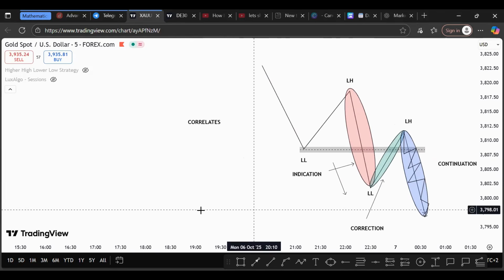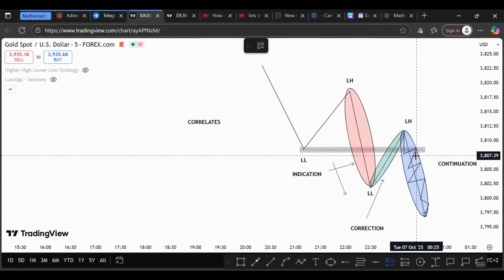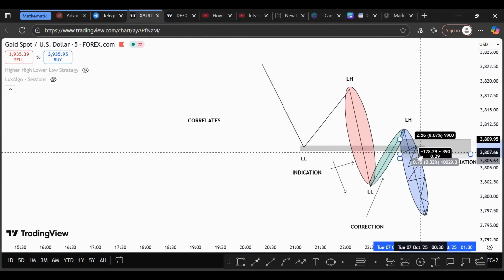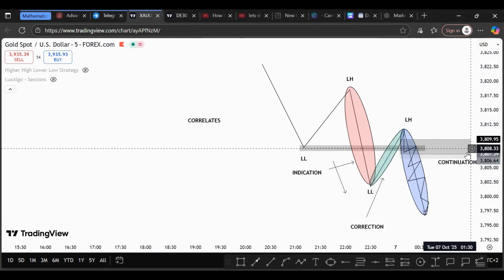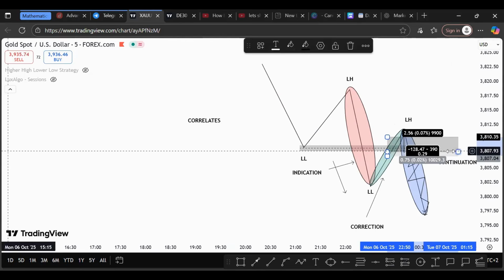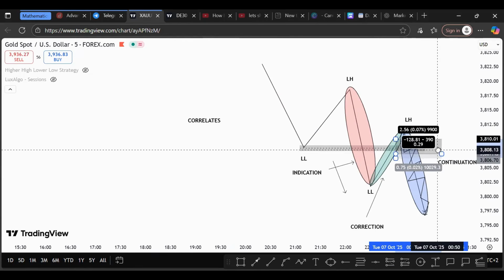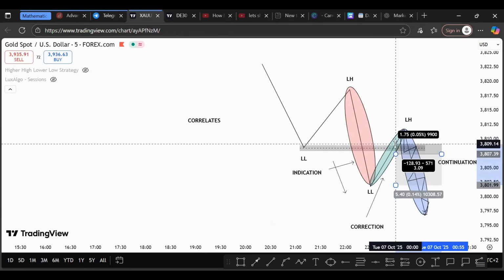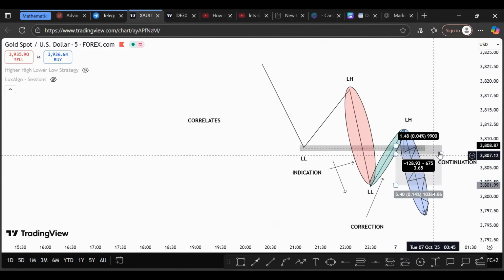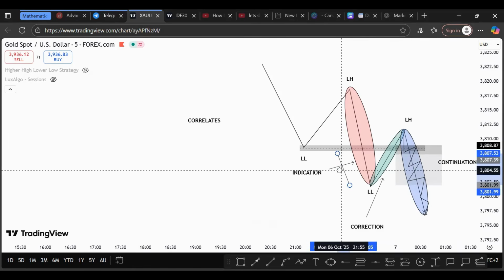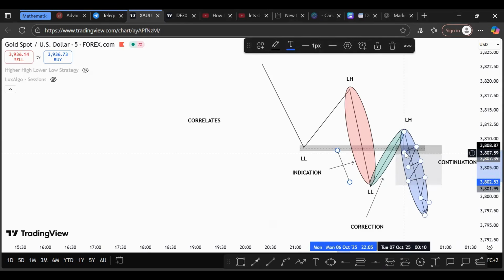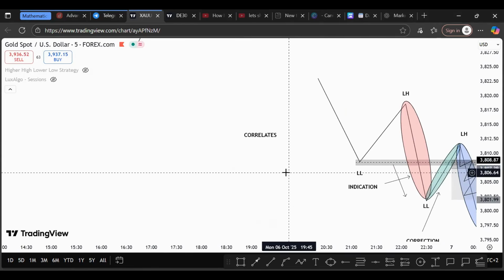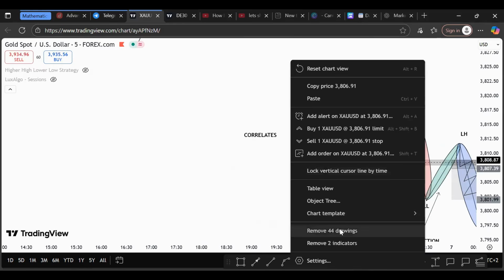Sorry about that. Yeah, I might be looking to take my shorts probably somewhere here, until this level, because now structure is giving you those kinds of indications, and you know that below this level price is willing to sell. So you will know that price will come from here until this level, because that's pretty much how everything unfolds